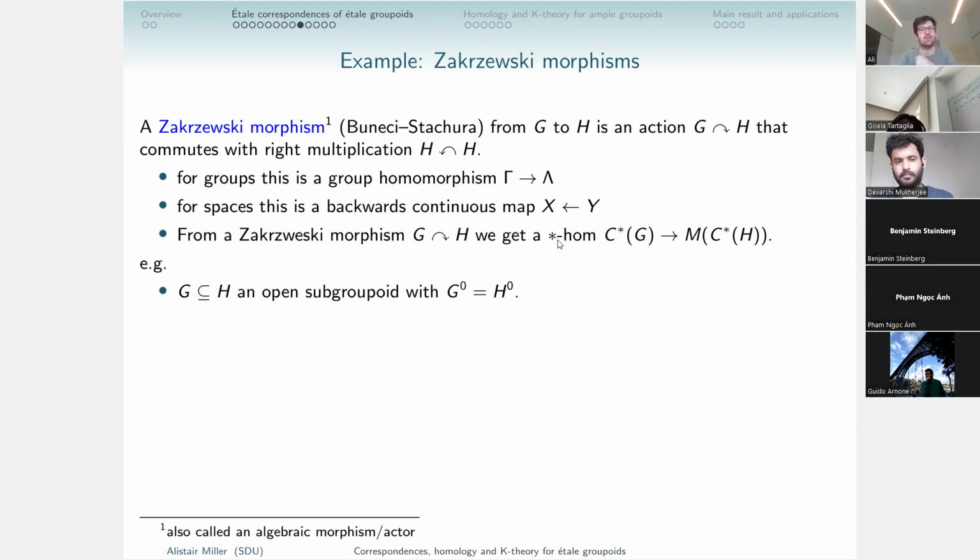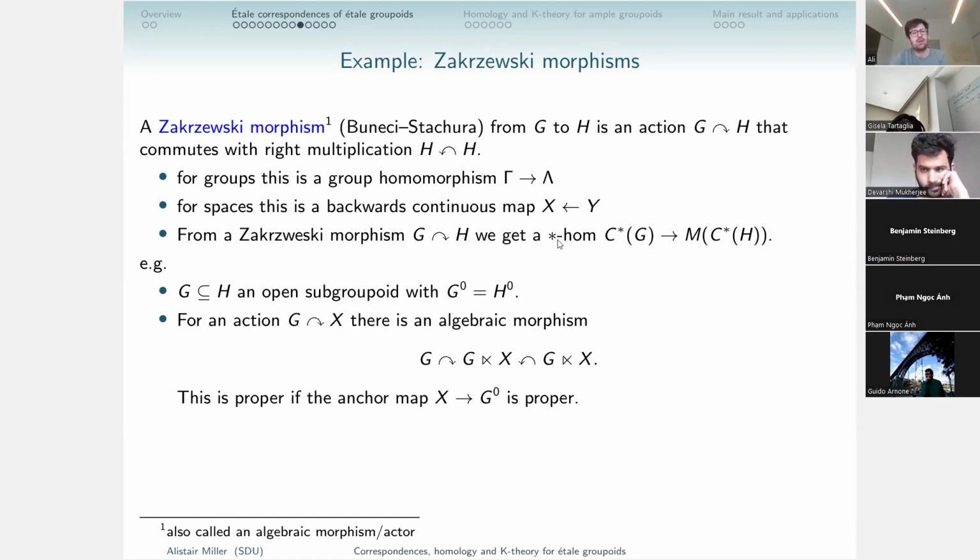So this covers open groupoids, which contain the whole unit space. If you ever have an action, you can get one of these guys. You just write down, there's nothing deep here, you just write down the obvious thing. And